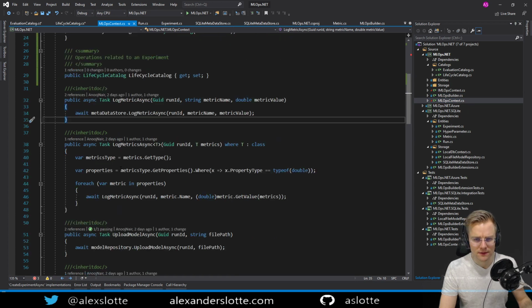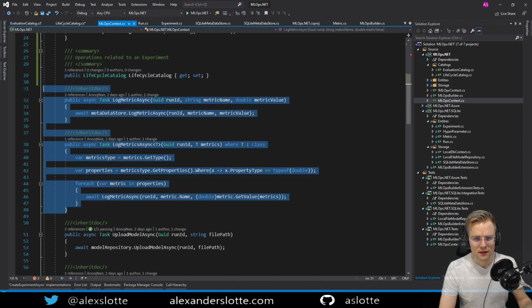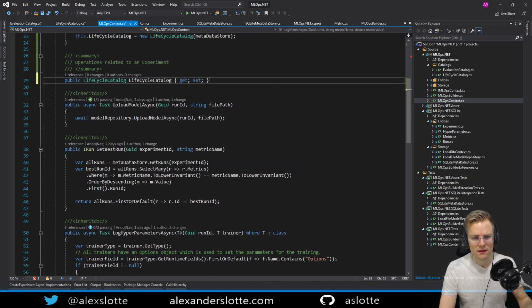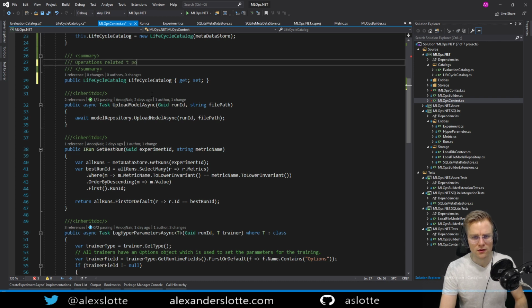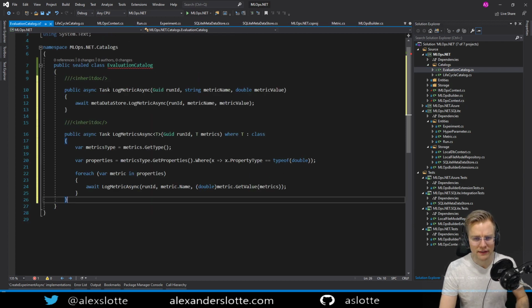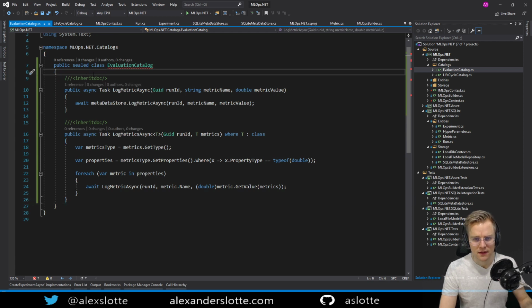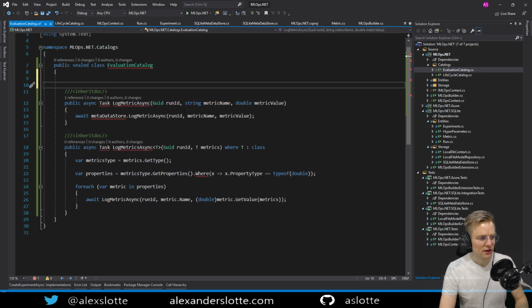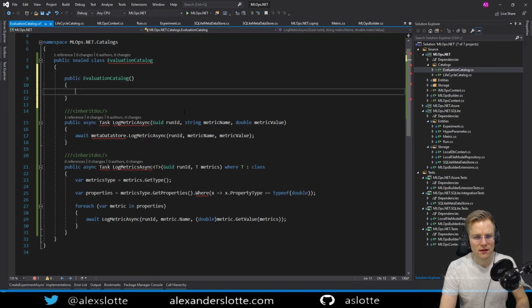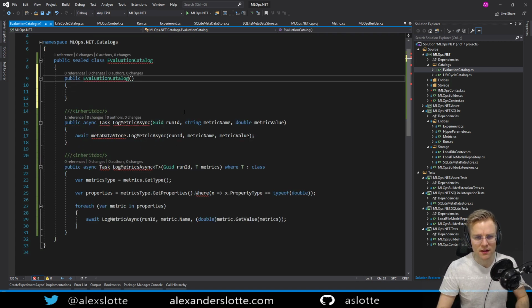In our case, what we do is the log metrics async here, and we'll call this to the life cycle of a model. Alright, passing that, and we'll use your trick jury. There we go. And we will go ahead and pass in this.